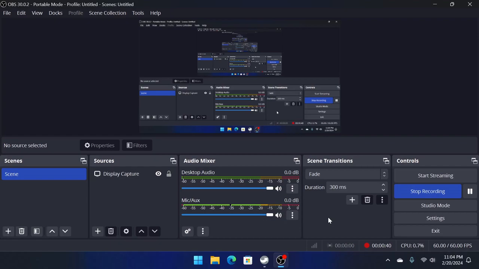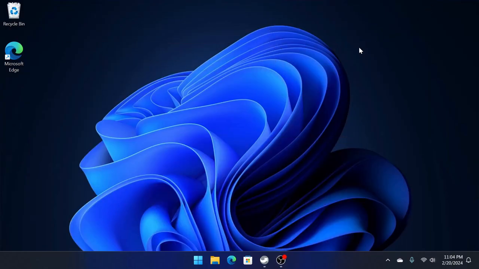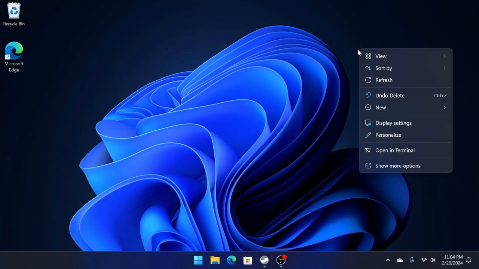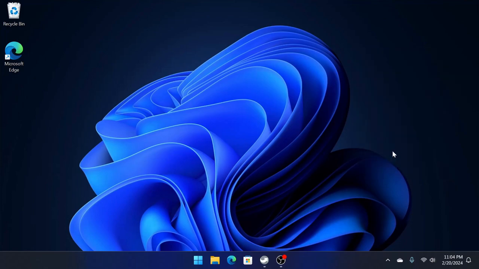Well, I'm just going to get right into the tutorial. This is from a fresh Windows 10 installation. Very little has been done to it. So let's go ahead and get started. What you want to do is right-click on your desktop, and you should see Open in Terminal. And you see how it's so fresh, I don't even have my usual background. So you open in Terminal,